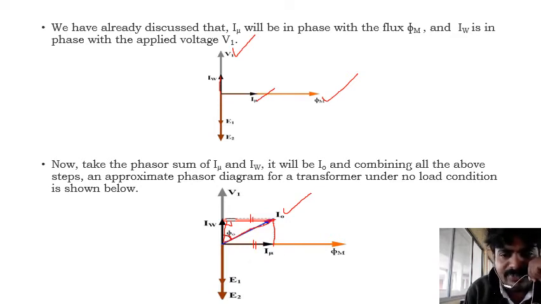Now here you can define all the components. If I am supposed to define IW, you can define cos phi naught. Cos phi naught is adjacent by hypotenuse. IW is the adjacent and the hypotenuse is I naught, then IW is equal to I naught cos phi naught. Then similarly you can define sin phi naught, where you get the I mu component. I can show it in the next slide.